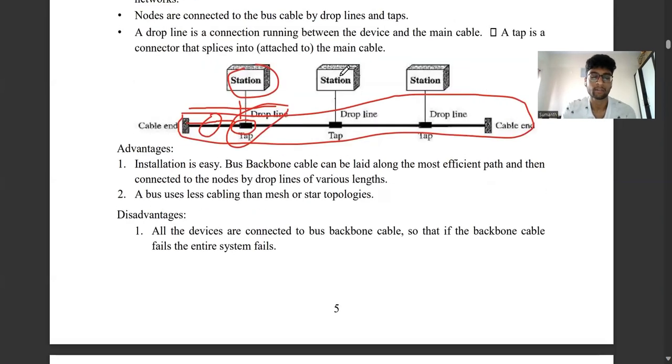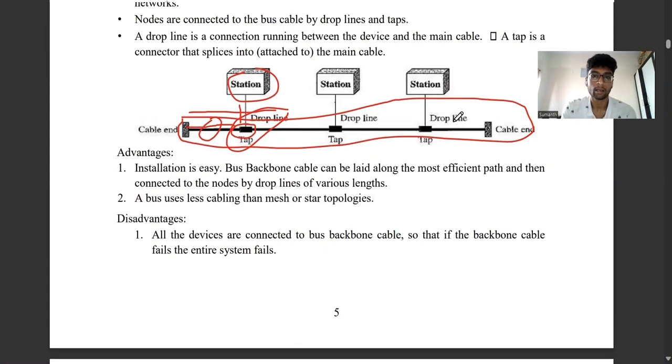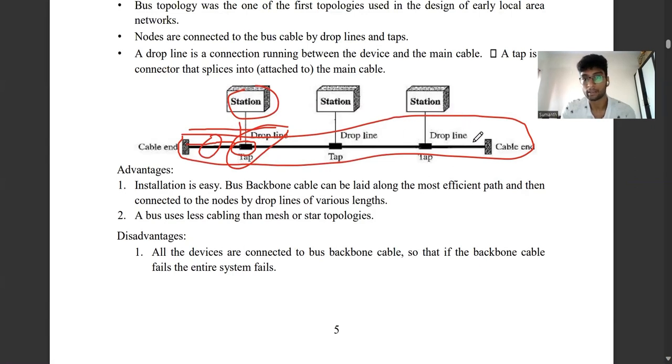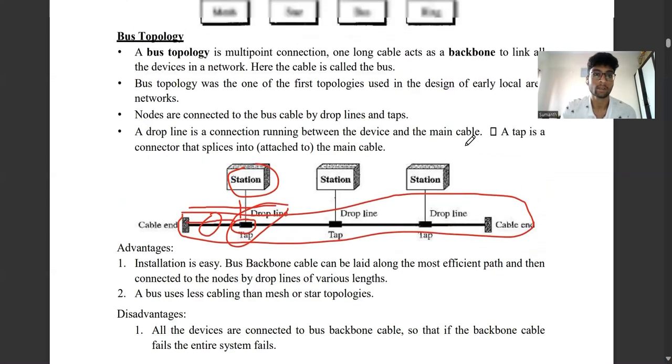Another disadvantage is that we cannot add an unlimited number of taps. Like if a bus is capable of supporting 20 taps, we cannot go further and add 30 or 40 taps. And if the taps increase, like the number of stations also increases, then heat will be generated so that the process will be slowed down as well. So this is a